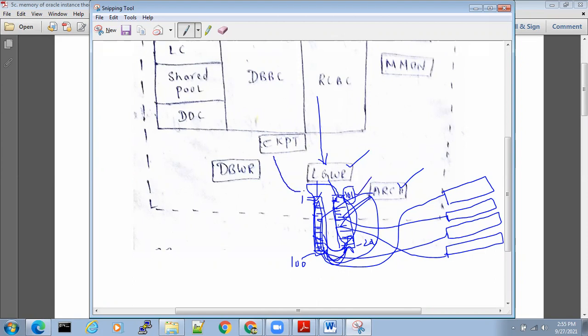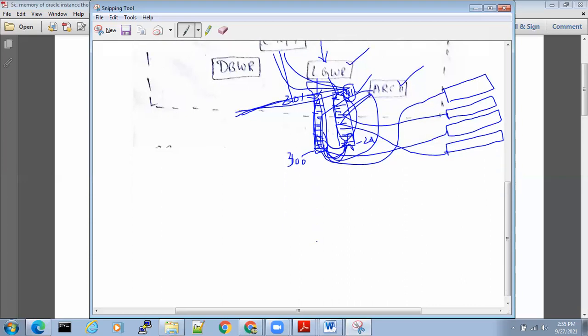So what CKPT will do, CKPT will take this checkpoint number and write somewhere. Next, after 101 to 200, it will become 201. Checkpoint will take this 201 and write somewhere. Next, 201 to 300, it will become 301. From 301, it starts writing. It will take 301 and write somewhere. I'll tell you where in future classes, but that is the job of checkpoint. Checkpoint has to take all these checkpoint changes and write into some file. Understood? Checkpoint also? Yes, sir.